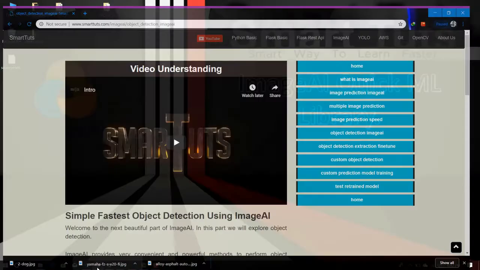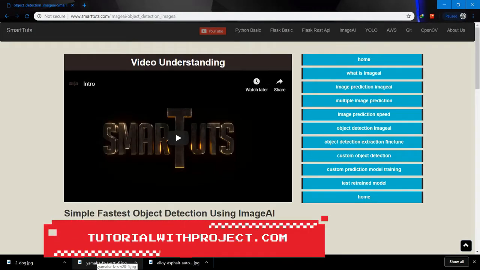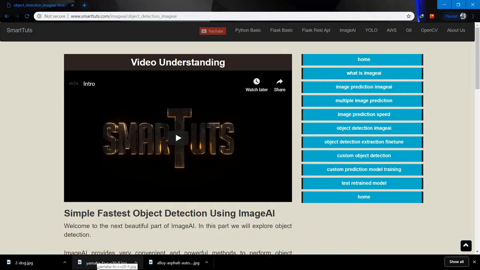So what is object detection? When you pass an image to the model, the model looks at the image and predicts that this much of the region is a region for a dog. Let me show you. This is a page.